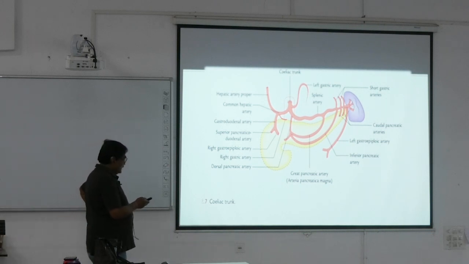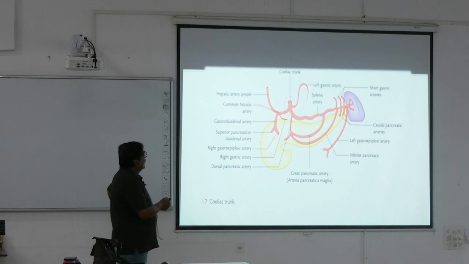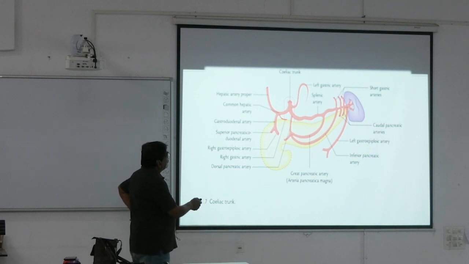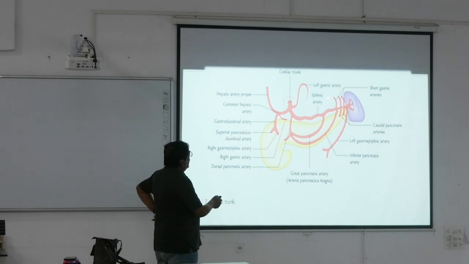Now, this is the celiac trunk. It's very important. This is celiac trunk. Now, this is the left gastric artery. This is hepatic artery proper, and the common hepatic artery is here. Now you see this artery tortuous. It is splenic artery. It supplies the spleen. Now these short gastric arteries,